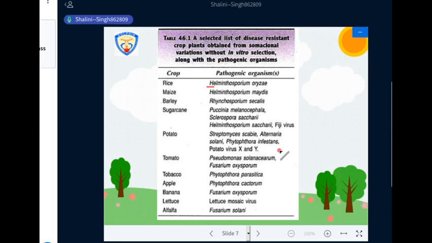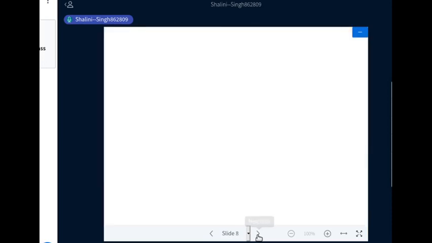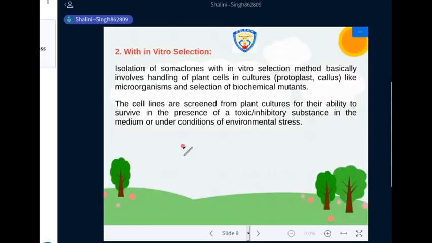In tomato, monoclonal variants have been raised having resistance against Pseudomonas solanacearum and Fusarium oxysporum. In tobacco, resistant plants against Phytophthora parasitica. In apple, against Phytophthora cactorum. In banana, against Fusarium oxysporum. In lettuce, against lettuce mosaic virus. And in alfalfa, a resistant plant against Fusarium solani has been regenerated and given good results in experimental conditions and growing